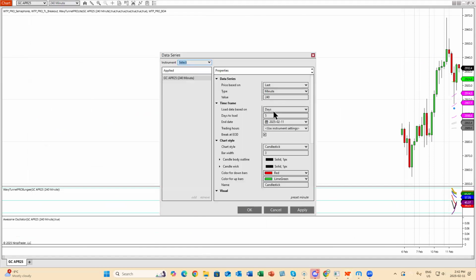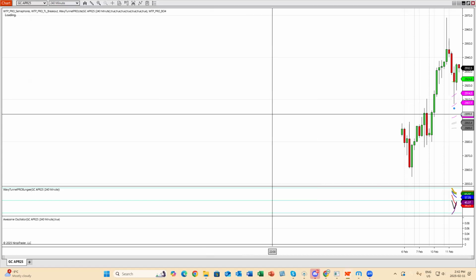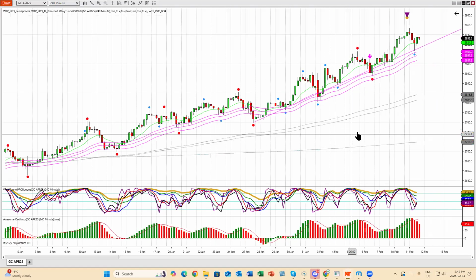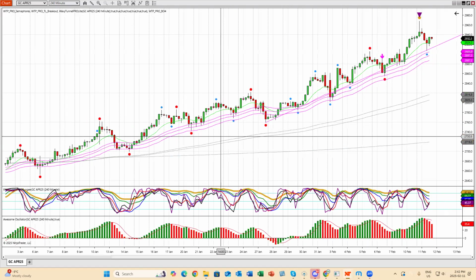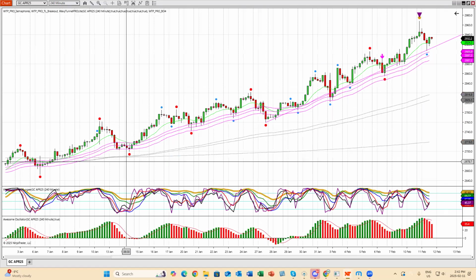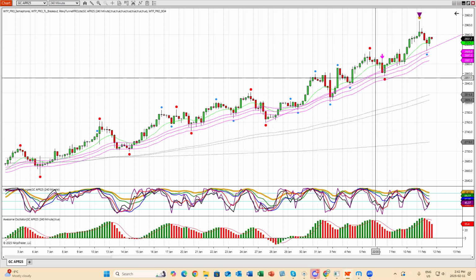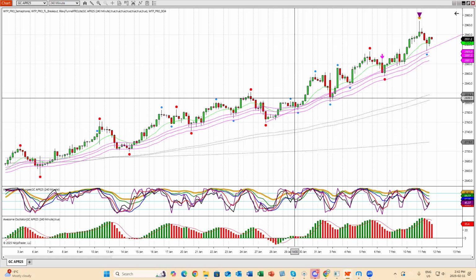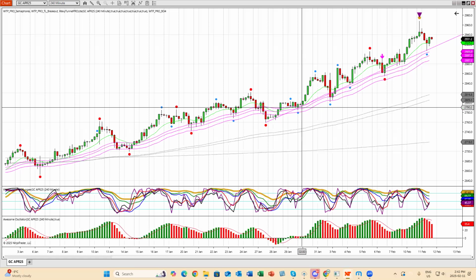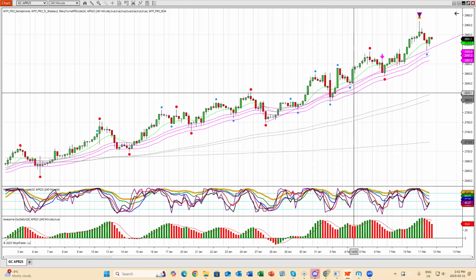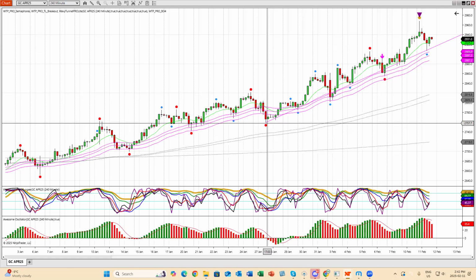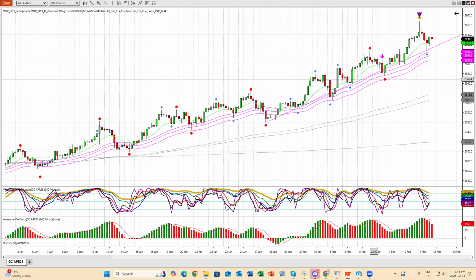I always have to change the data series. Okay. This is a really great time frame to look at gold, because every time we come down and we get these red semaphores, it's time to buy in the trend, especially when price is moving up and the slope is getting steeper and steeper as we go. So the consolidations that take us back into the wave are buyable, or slightly below the wave. That's fine. You can use the red dots or the blue dots, or just even move into the wave.